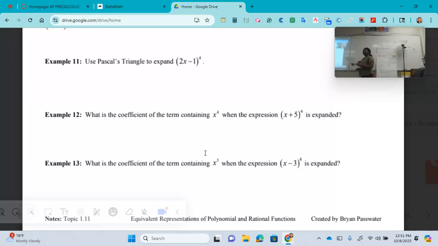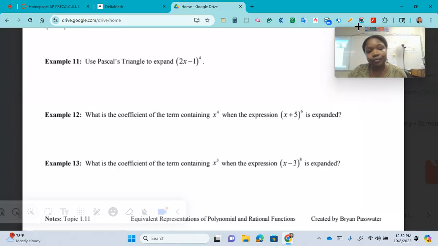So this would be x to the 6th, x to the 5th, and this will be our x to the 4th. So remember with our x to the 4th, so we don't have to do it the long way, we have